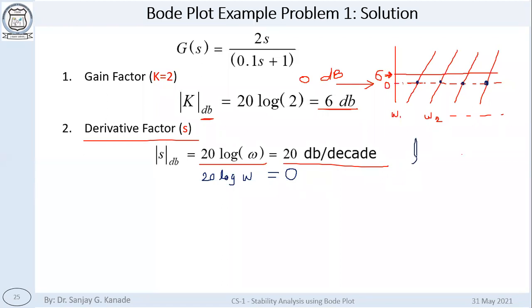Okay, just tell me, what is this log of 100? What is the value of this? Of course, we are all talking about only base 10 logarithms. When we talk about the decibel scale, it is a base 10 logarithm. So log of 100 is equal to 2. Log of 10 is equal to 1. So log of omega is equal to 0. So what will be the value of omega? That is what the question is.